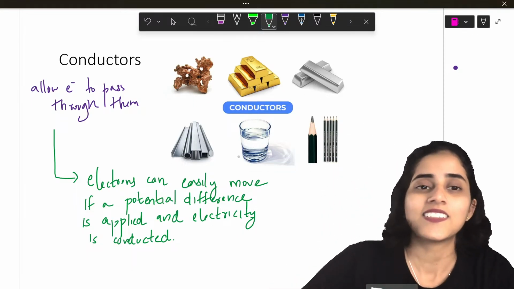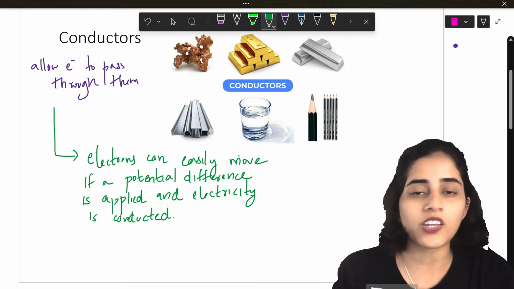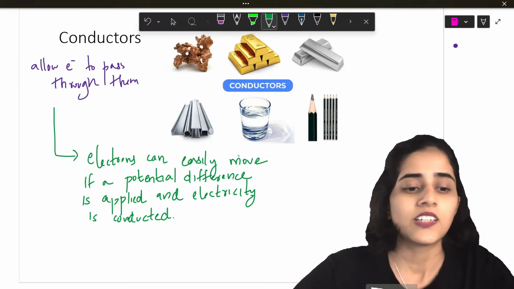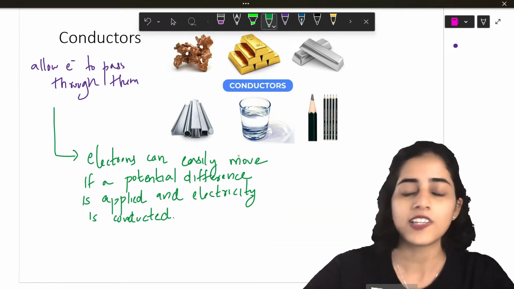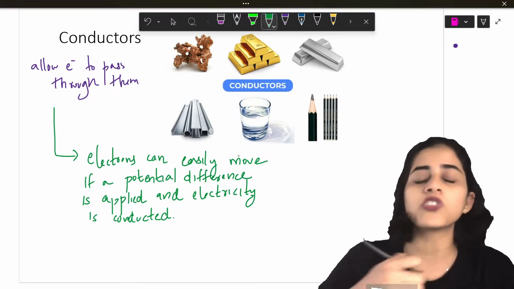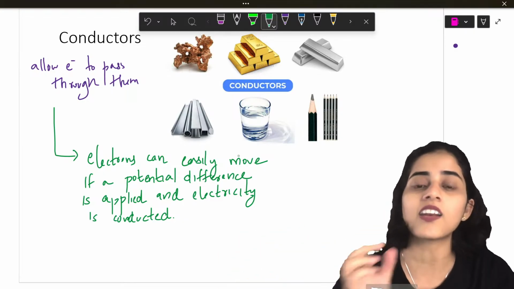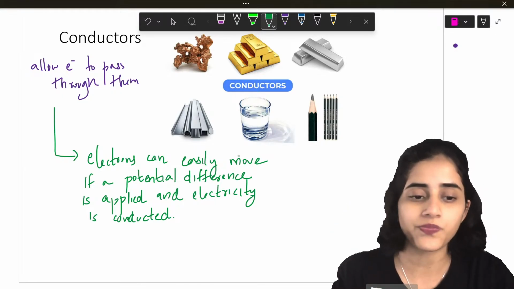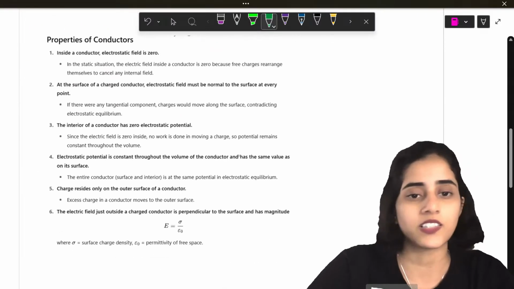Okay. Now, in this chapter, the chapter is about electrostatics, right? What is electrostatics? Electro is for charges and statics is for something that is at rest, that is not moving. So in this chapter, we are going to look at charges that are not moving. We are not going to look at charges that flow through a wire, but at charges that are not moving, or charges that are static. Okay? So first we will start by looking at properties of conductors.